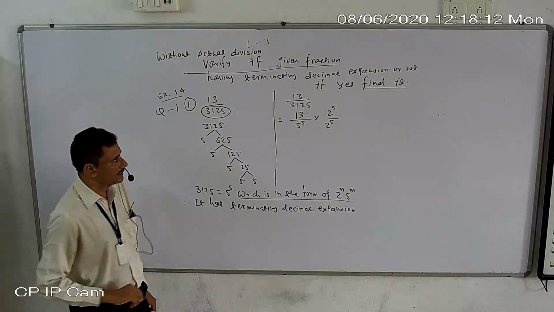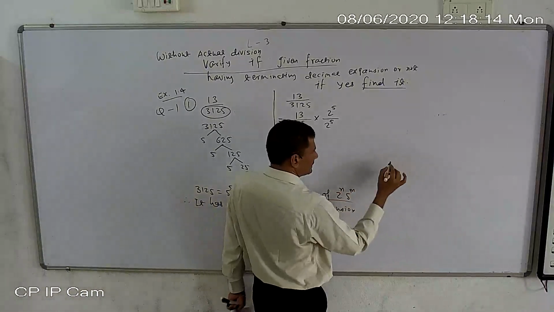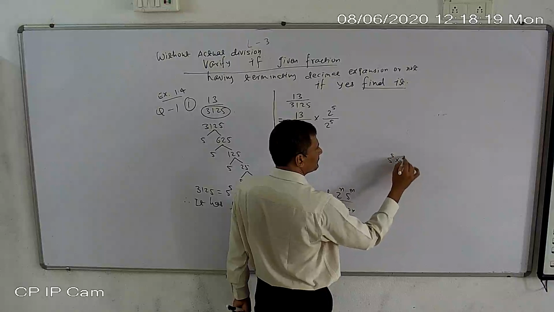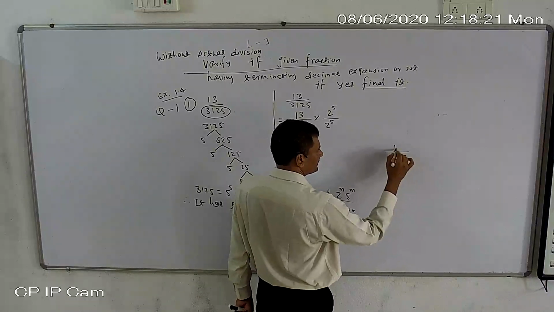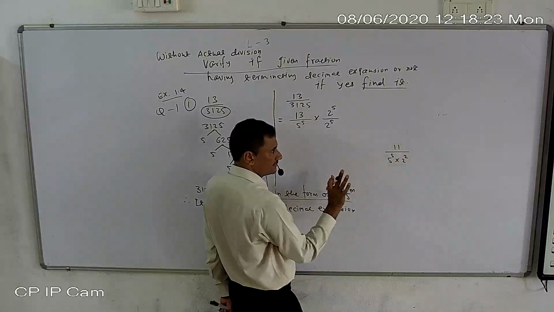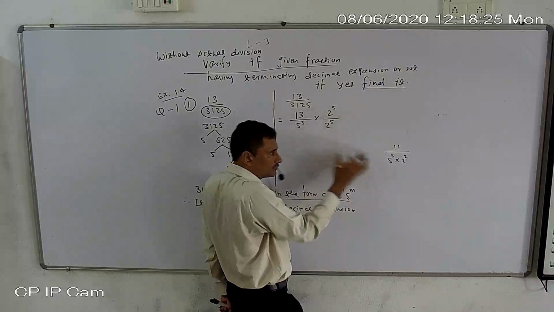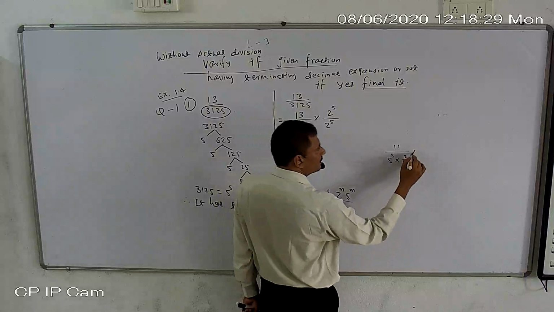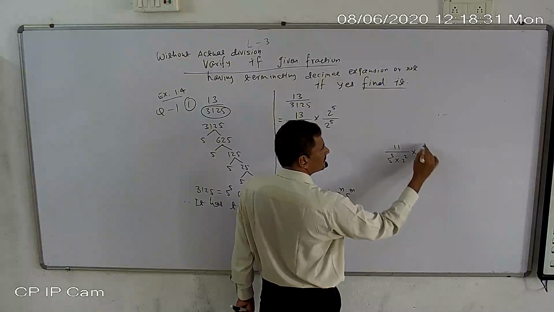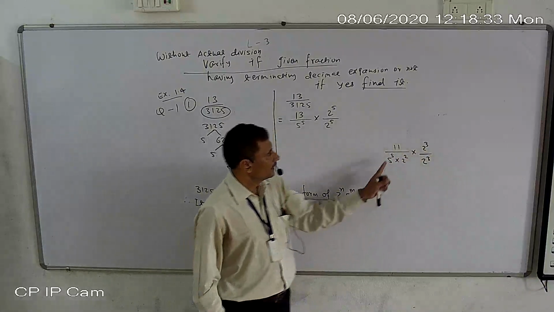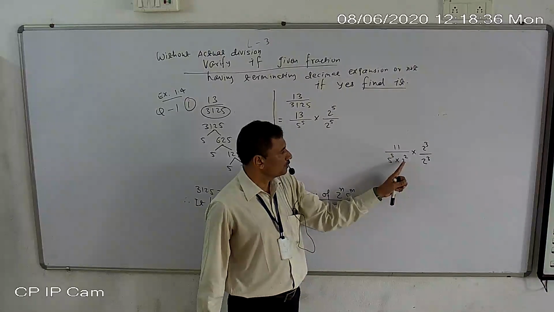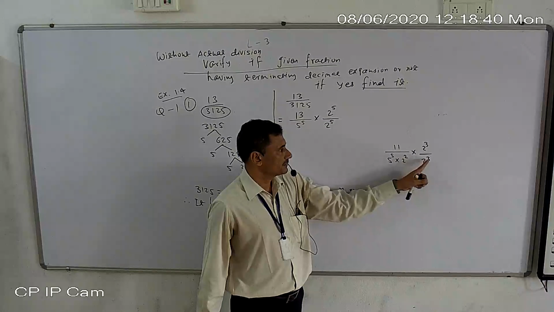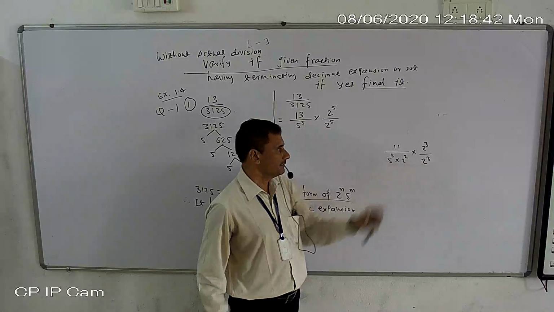Suppose in any one sum, you got 5 raised to 5 into 2 raised to 2 in any number. Suppose this is your last step. We are not discussing this sum; this is another example. Then you have to multiply by 2 raised to 3. Why? 5 raised to 5, and 2 already has degree 2, so how many are missing? 3. So we will multiply by 2 raised to 3.